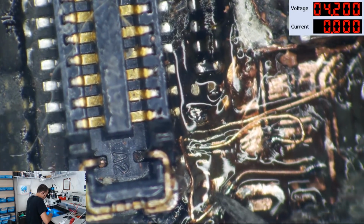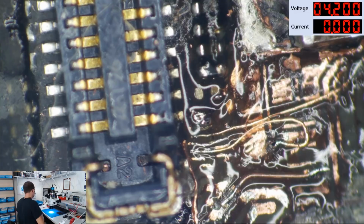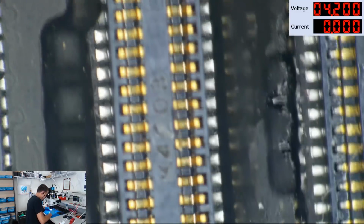Now, because this looks like a mutilated pile of garbage, I'm going to jump out here to the connector, and I'm going to check for resistance mode measurements to ground to be sure that none of the stuff that I just hooked up is shorted. So I'm going to put one probe in the screw hole,